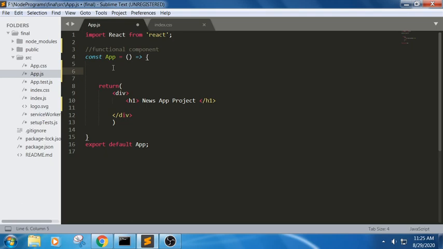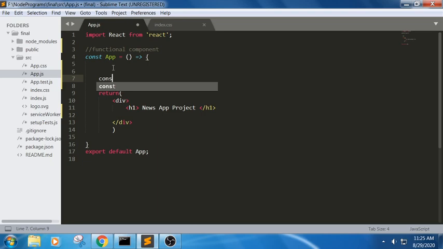Let us write const updates, comma, setNewUpdates, equals useState.